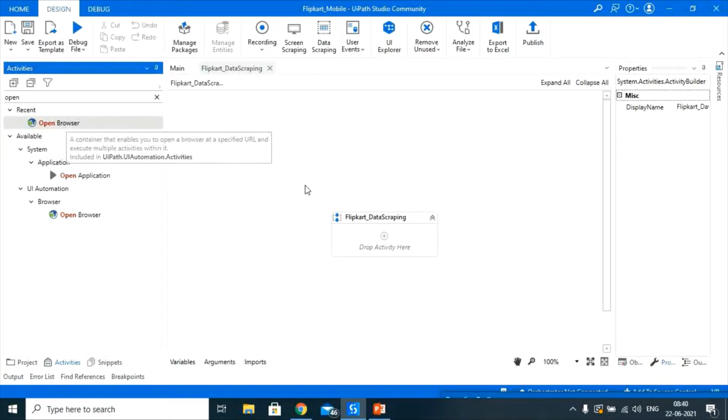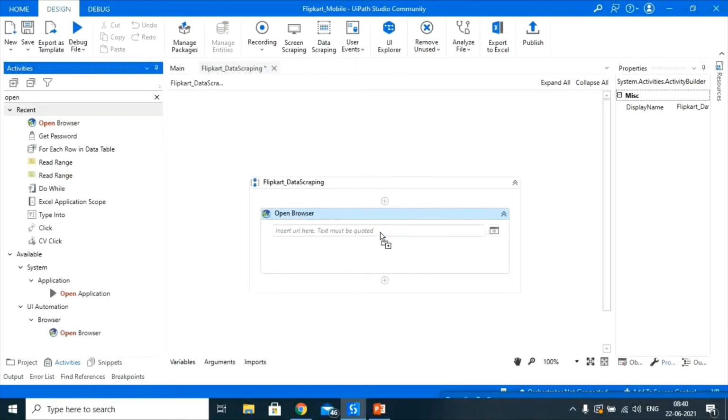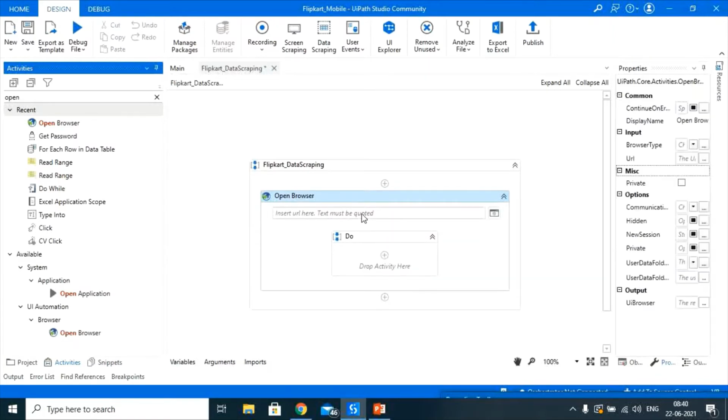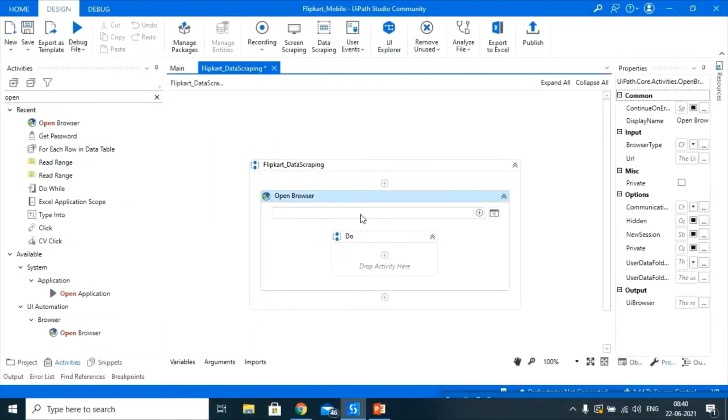This will allow you to migrate to the exact location from where you want to extract the data. Since I have already copied the link, just paste the link in this location, in double quotes.